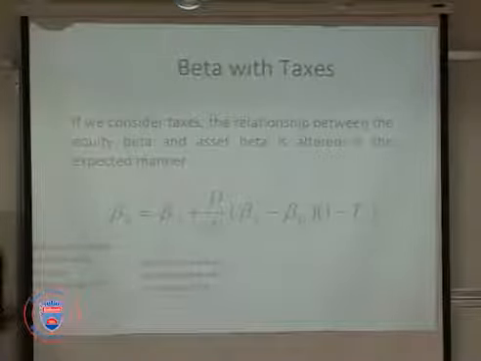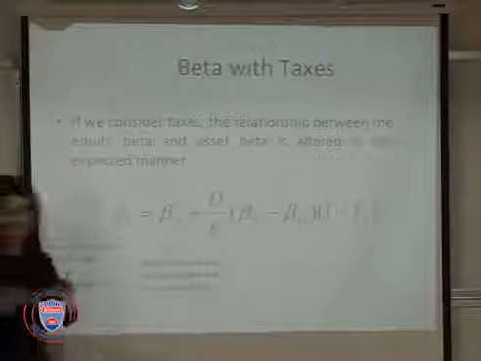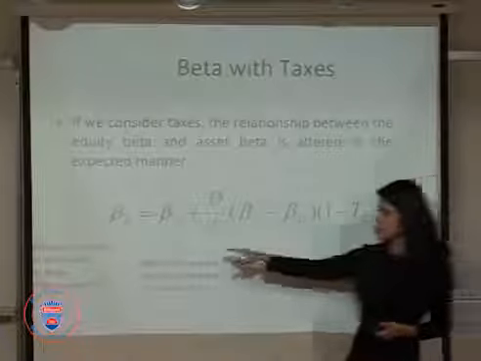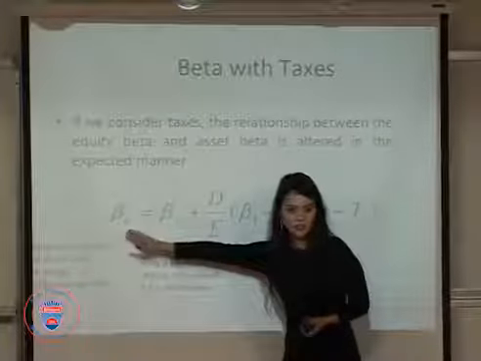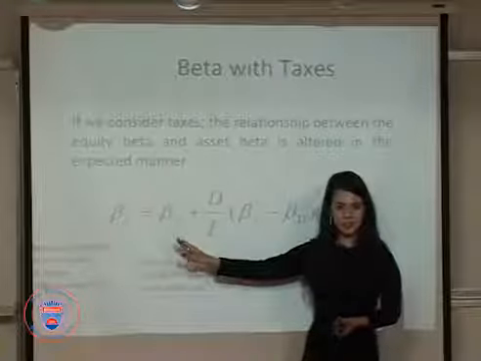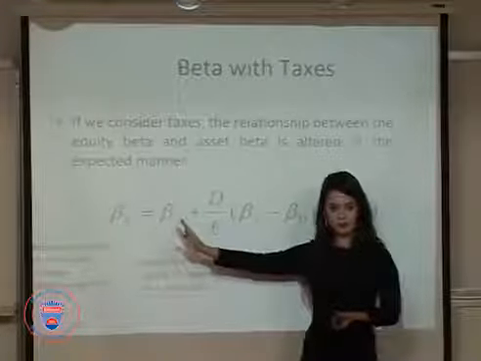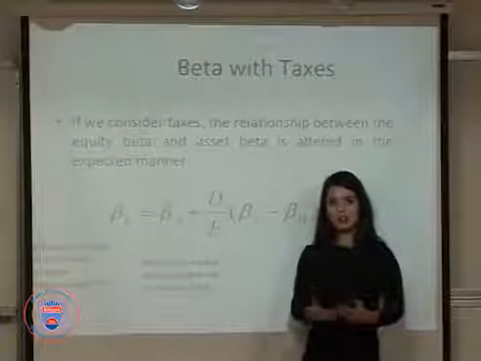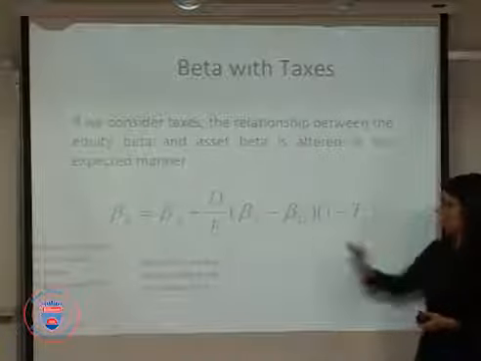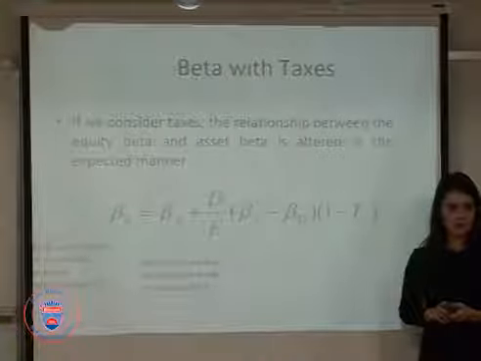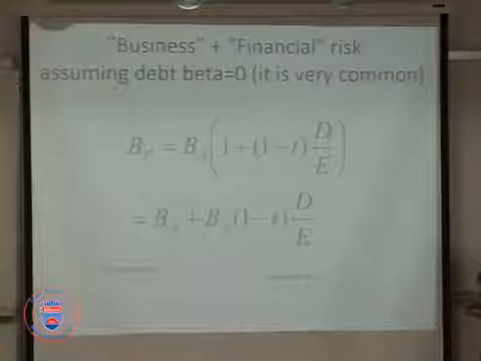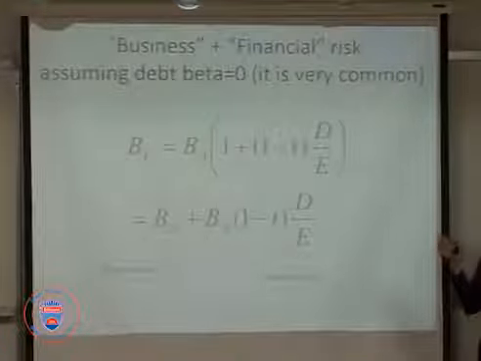And again, the only thing we're doing is introducing tax to the picture. So the equation changed this way. We have equity beta, which is the levered firm beta. We have asset beta, which is the unlevered firm, the beta you're going to get when you unlever the firm, plus the part related to the debt financing. Okay? And from here, when I assume that debt beta is 0,